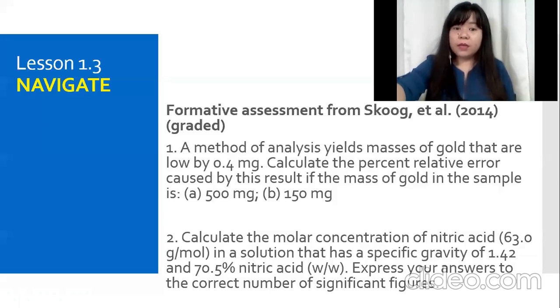How do we do that? By using the density. In this case, we're given specific gravity, but we know that specific gravity is simply the ratio of the density of a substance to the density of water, which is just 1. Therefore, we can immediately say that the density of this solution is 1.42 grams per ml. So use that to convert grams of solution into liters of solution, then you will be able to get molarity.